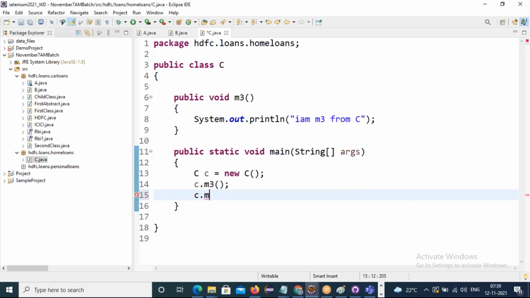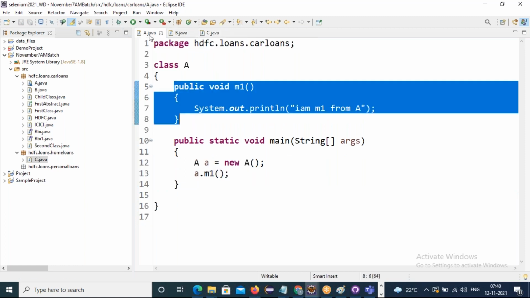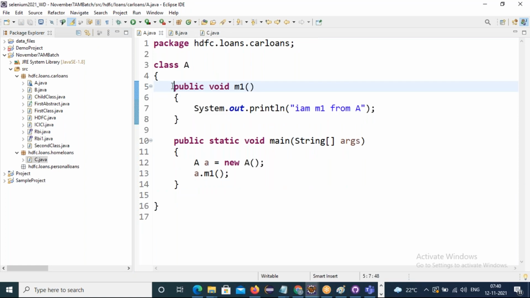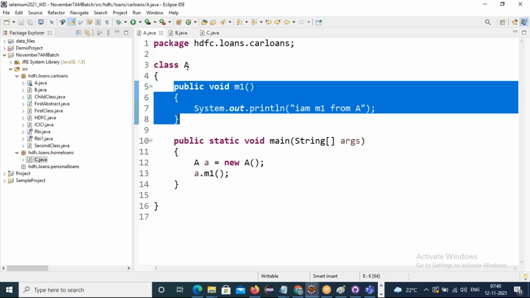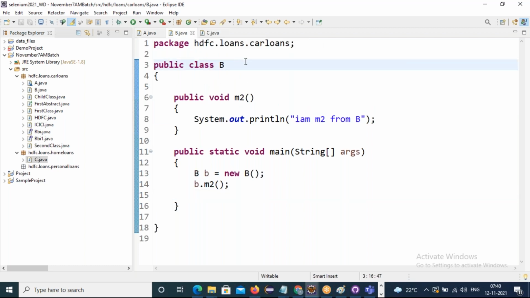But now I want to access the method M1, which is defined in the A class, in the B class and in the C class. So we have to make inheritance from the A class to B and to C as well. How can I form an inheritance? With extends.